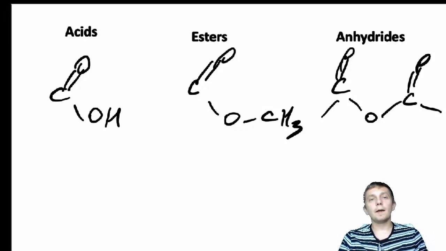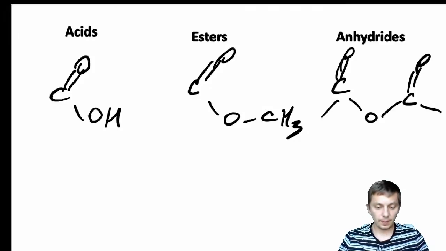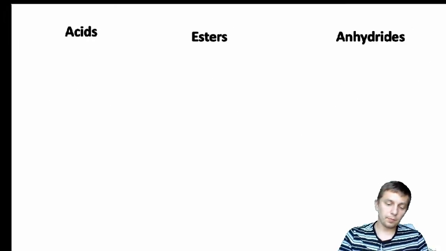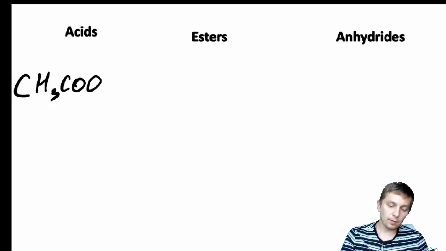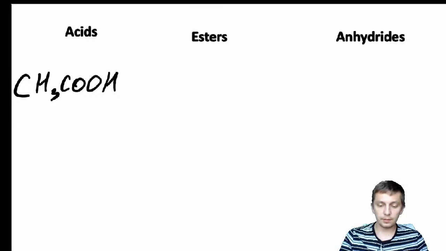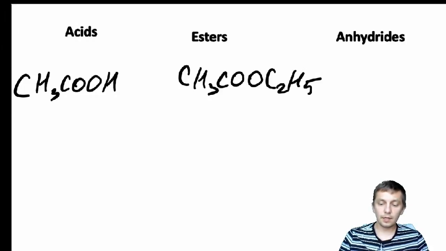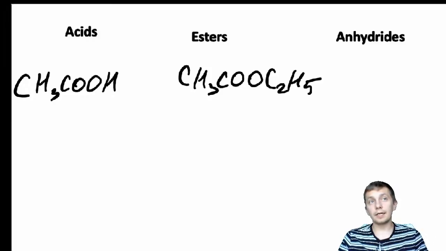So acid plus acid gives anhydrides, and acid plus alcohols form esters. For example, the most popular acid CH3COOH, and the most popular ester of this acid CH3COOC2H5, and the most popular organic anhydride in the world